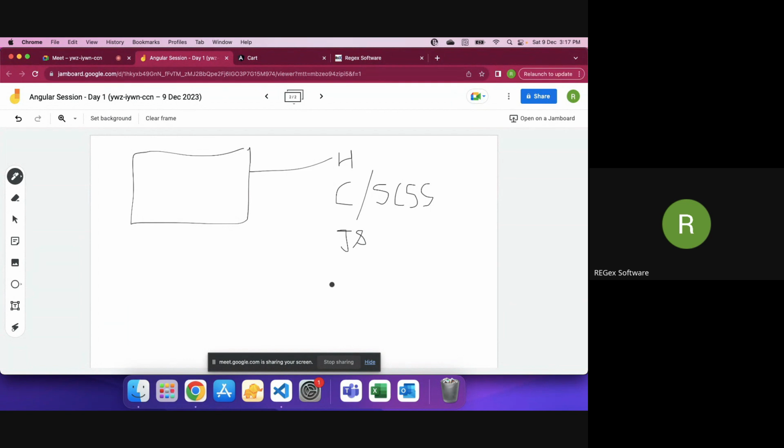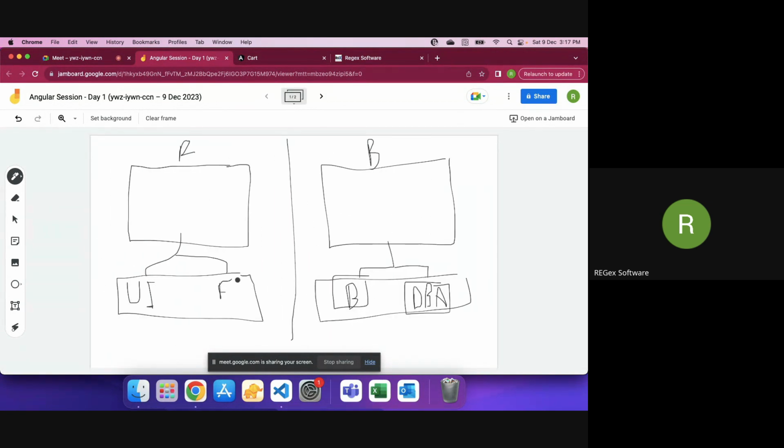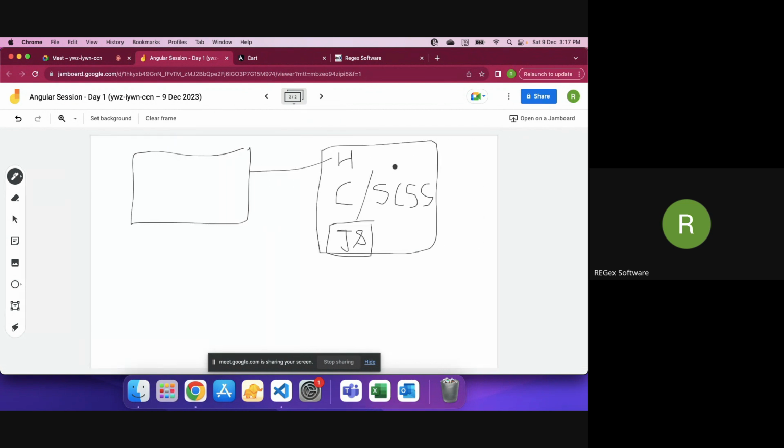Okay, then with these three things, usually a front end is made, but there are a few more concepts available, but majorly 99% of the time these three things are used. Now in these three things, JavaScript is the one that is making things responsive. That is what a front end developer, not a UI developer, will work on 90% of the time. A UI developer will work on HTML, CSS, but a front end developer will work 90% of the time